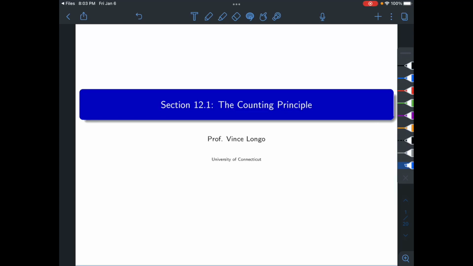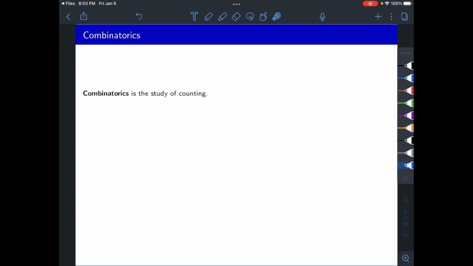So we're going to talk about combinatorics a little bit today. In particular, we're going to build up to what's called the counting principle. Combinatorics is literally just the study of counting. And some basic terminology that we're going to need to know in this chapter is